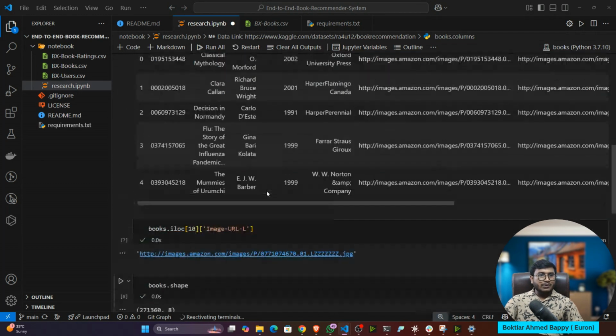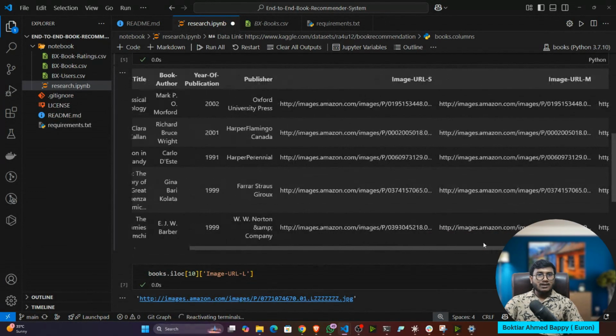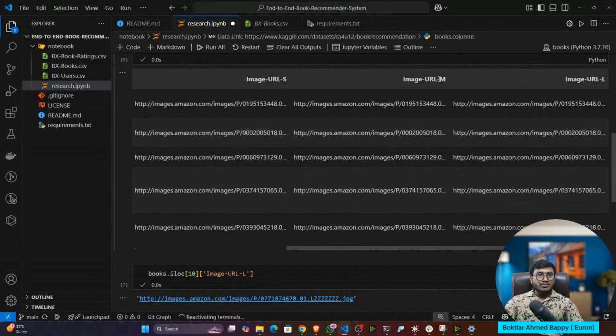Okay, now one thing I will do. So here we have 3 kinds of URL. We have a small URL, a medium poster URL, that means small size poster, medium size poster, and large size poster. So I'm going to use the large size poster, because the small one does not have good resolution. So instead of using small and medium, I will only use the large one.